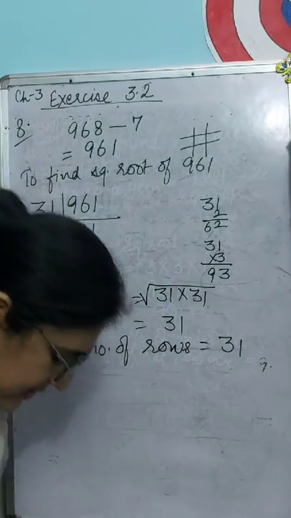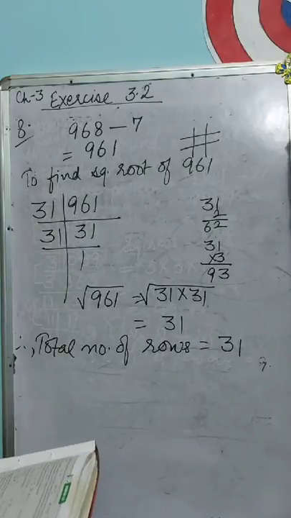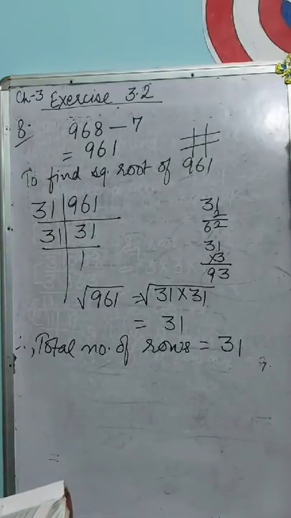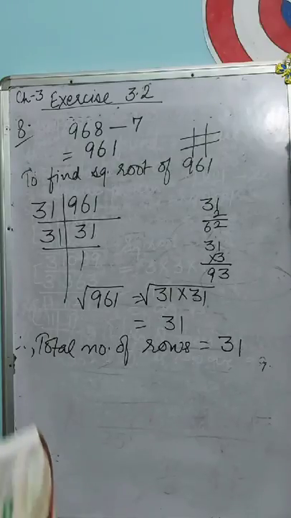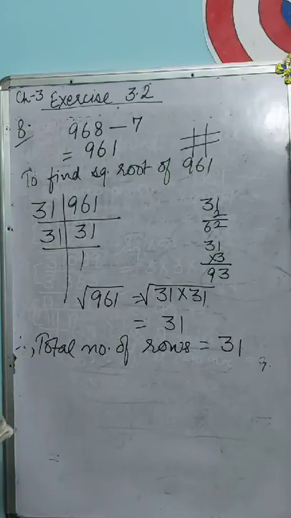Yes, so the next question is question number 9. A man distributed 236 toffees to children such that each child gets as many toffees as there were children. Find the number of children if 11 toffees were left. Now how many toffees are left? 11. The total was 236. So what will be your first step? Subtract 11 from 236, you will get 925. Find out the square root of 925. That is your required answer.